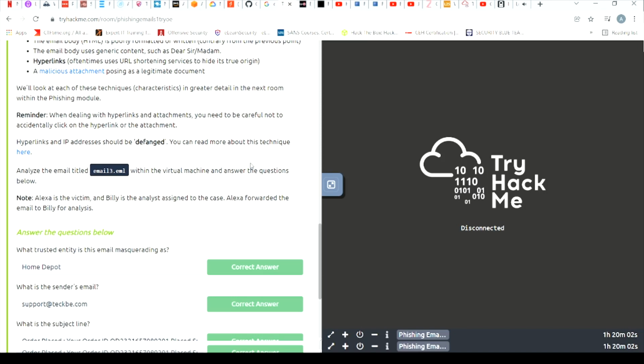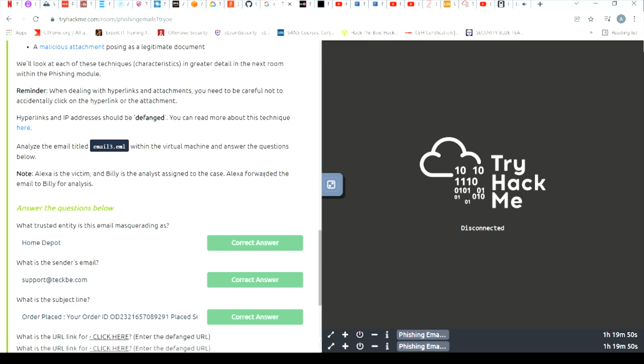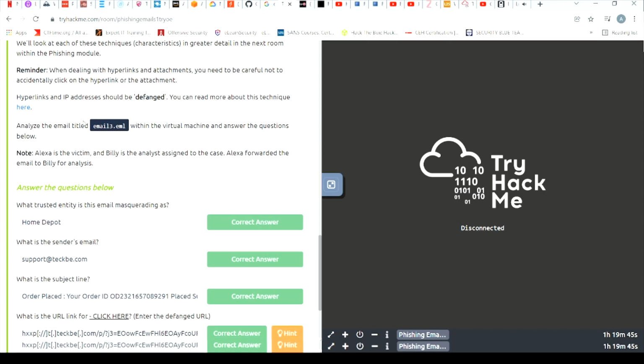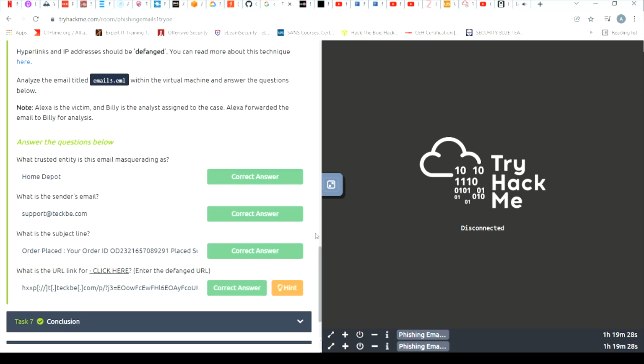Reminder: when dealing with hyperlinks and attachments, you need to be careful not to accidentally click on the hyperlink or attachments. This is where hyperlinks and IP addresses can be defanged. Again, I highly encourage you to read all these resources for these rooms. They're very important for you to understand the concepts. So, analyze the email titled email3.eml within the virtual machine and answer the questions below. So, without further ado,